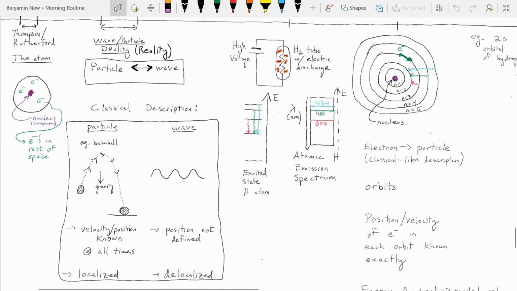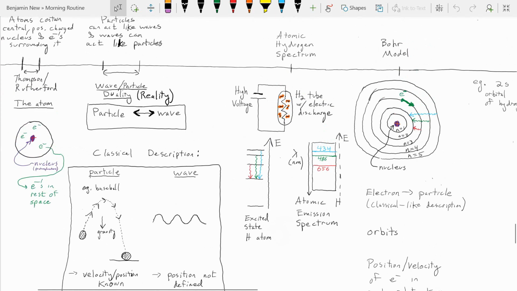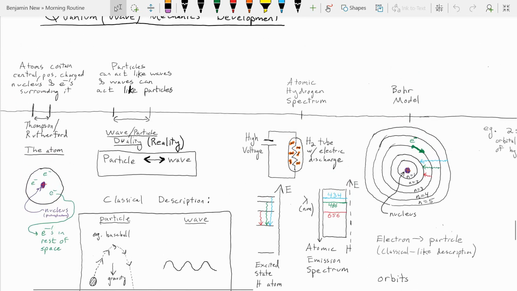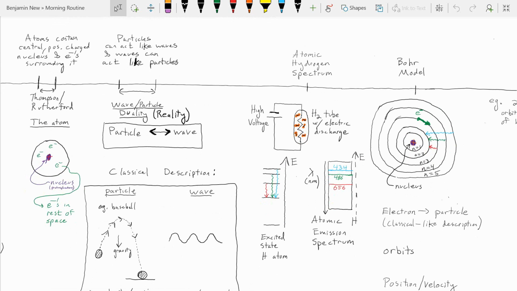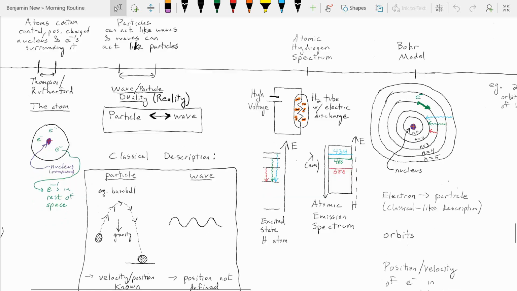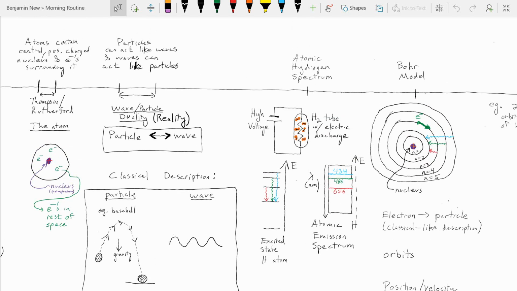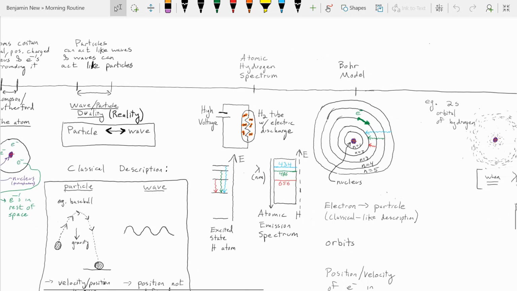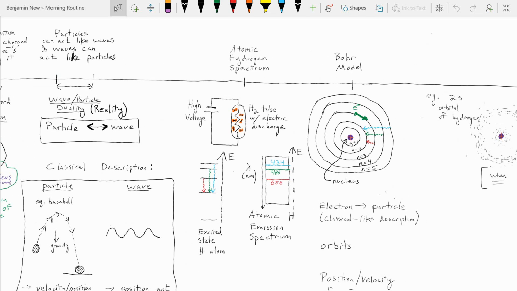Now that we understand a little bit about particles and waves, the classical description of them, as well as the fact that we know under certain circumstances particles can also behave as waves and waves can behave as particles. The first one of which is going to be more important when we go on to the next section. So now getting back to our sort of timeline of understanding electronics, or understanding this subatomic structure of atoms, the